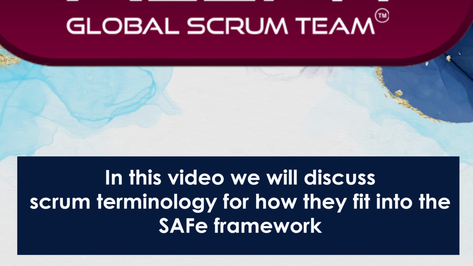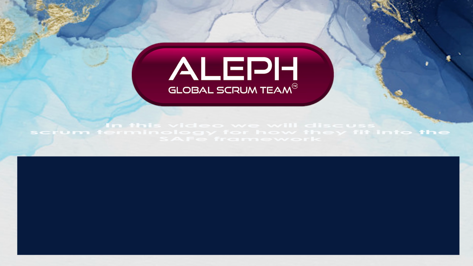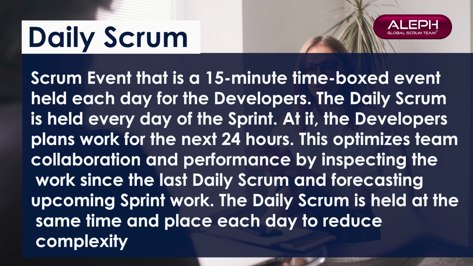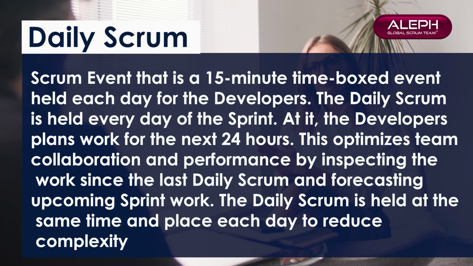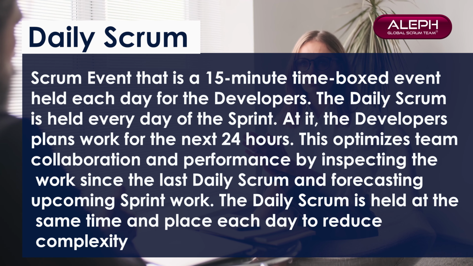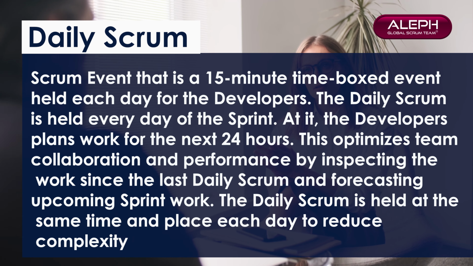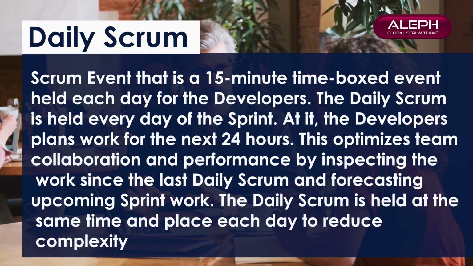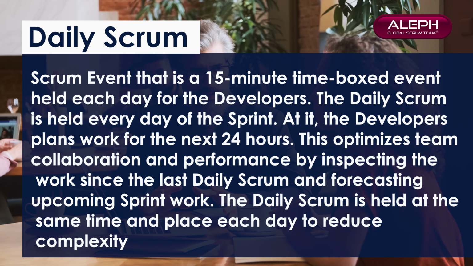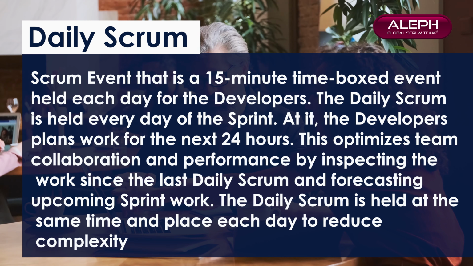In this video, we will discuss Scrum terminology and how they fit into the SAFe framework. Daily Scrum. This is a Scrum event that is a 15-minute time-boxed event held each day for the developers. The Daily Scrum is held every day of the sprint. During this event, the developers plan work for the next 24 hours. This optimizes team collaboration and performance by inspecting the work they did since the last Daily Scrum and forecasting upcoming